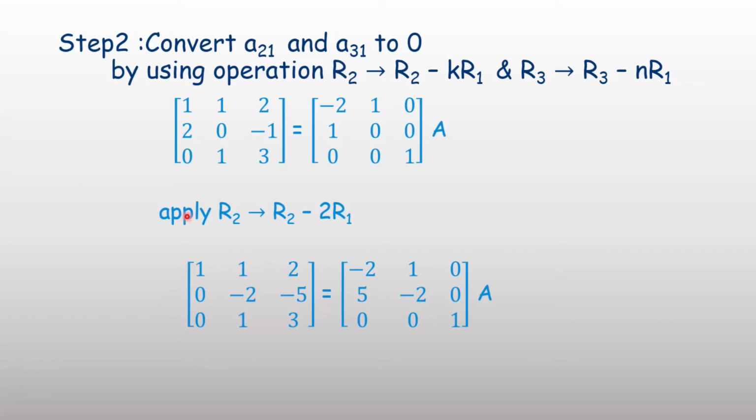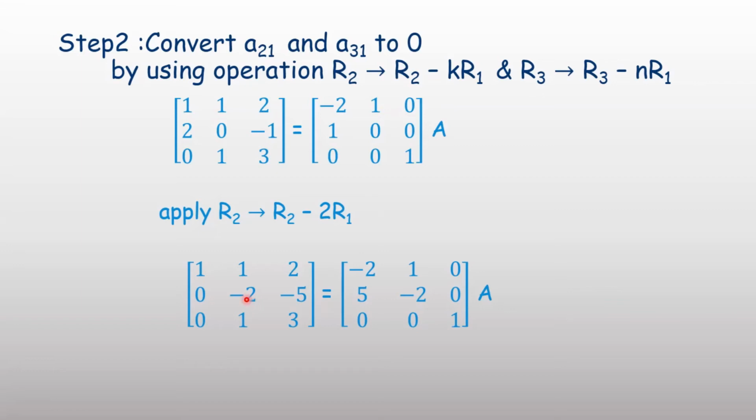R1 first note down. Whatever is given in the question, R1 means 1 1 2 minus 2 1 0. 1 1 2 minus 2 1 0 written. R3 no change. R3 written here. Now in R2 minus 2 R1, convert the remaining two elements of the first column to 0 with the help of R1. Since the third element is already 0, there is no requirement to apply the property here. Here R2 replaced by R2 minus 2 R1. So 2 minus 2 into 1 equal to 0.